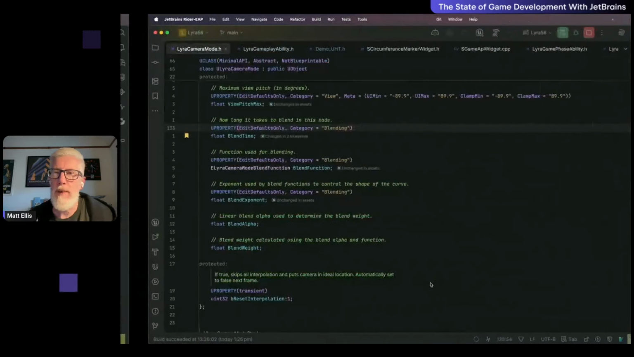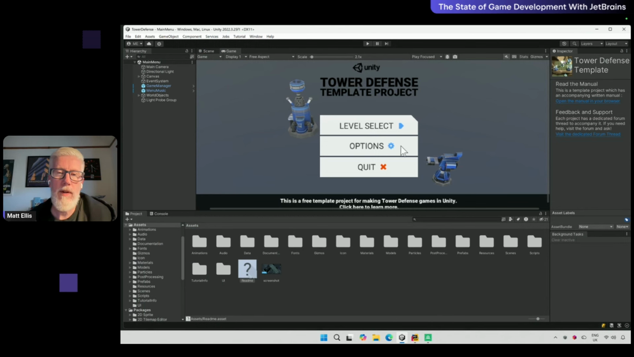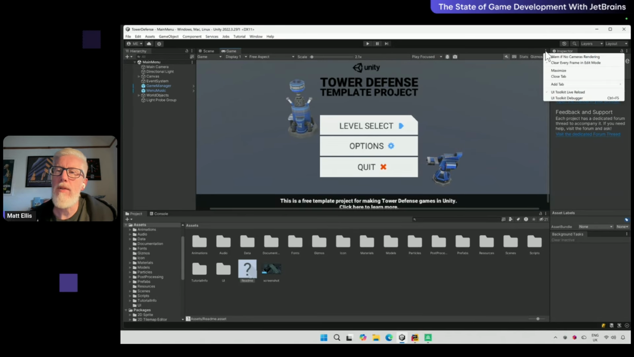Now, if I jump back over to my Windows machine here, we'll have a quick look at the frame viewer debugger. I've got a Unity application running here, and what I want to do is understand what's going on when I'm actually rendering a frame and how things are working. So the first thing I need to do is go up to these three dots here,